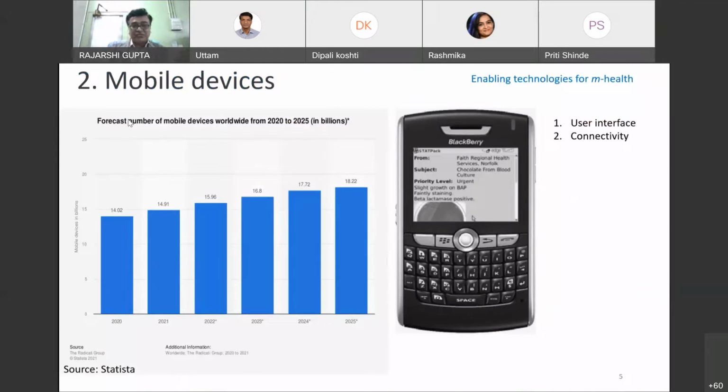And this slide shows basically the growth of mobile phones over the years, like in 2020 to 2025. You can see that for the last 10 years, we have a huge surge in the use of mobile devices, and almost 8 of 10 persons in the city-based population commonly use a mobile phone. Then the mobile device of the subject or human being can be used as the